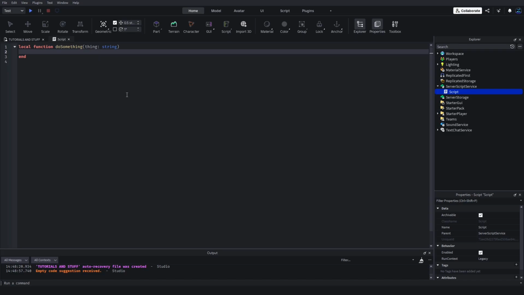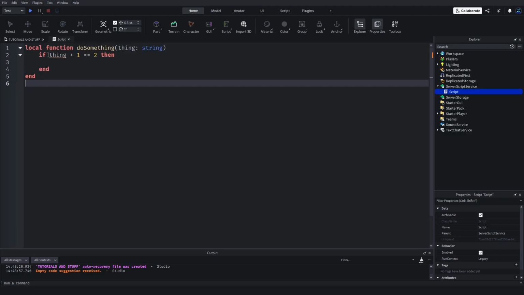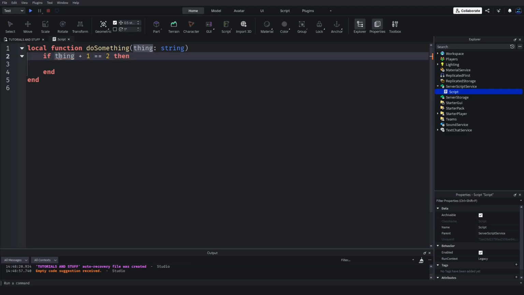a string. So like if you're doing, if thing plus 1 does equal 2, then do whatever. You can see a little orange underline here, right? Under thing, and if you hover over it, it literally tells you, hey, type error, type string cannot be converted into number. It's basically letting you know, hey, this is a string, you're trying to add it, that's not supposed